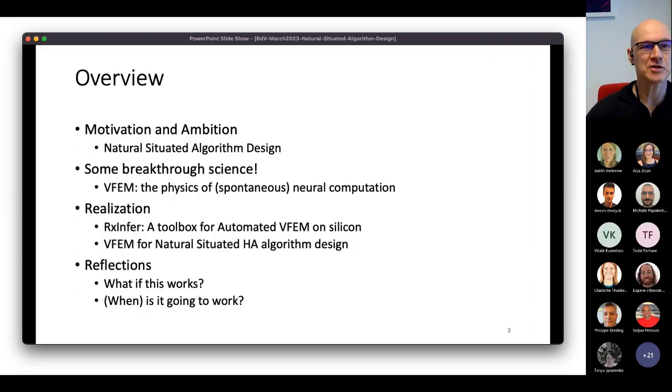So what I'm going to talk about first is our motivation and ambition. Well, I need to explain what I mean by natural situated hearing aid algorithm design, and I'll talk about that. Then I'll talk about what I think is some breakthrough science, namely the physics of neural computation. And I'm going to call that, after some explanation, variational free energy minimization, or abbreviated VFEM. And that's going to be crucial in everything we do. So it's going to be important how to realize that